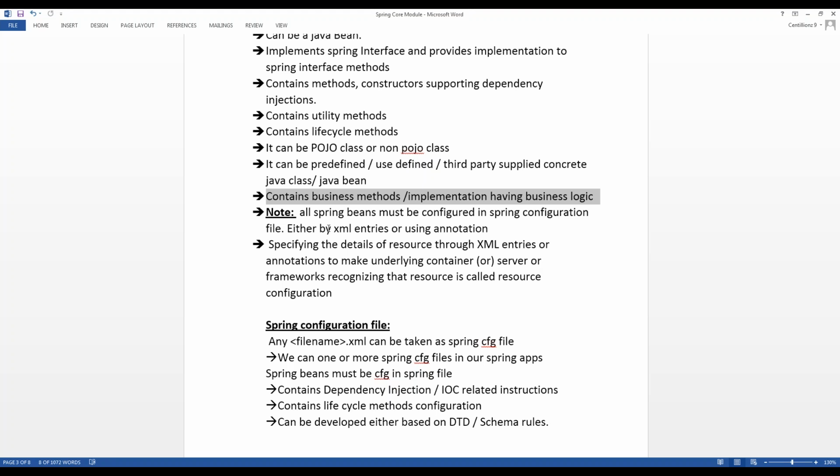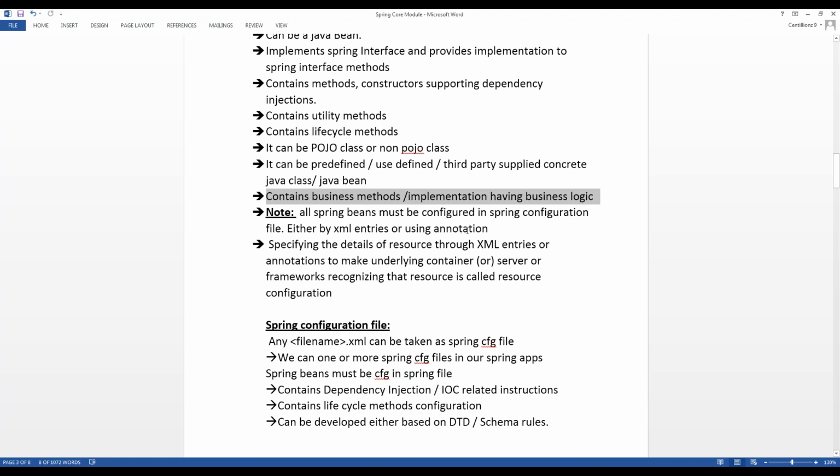Using annotations, we use the at-the-rate symbol along with the kind of bean, service or request. If you use annotations, it is easy to call the entries and easy to perform the business logic.